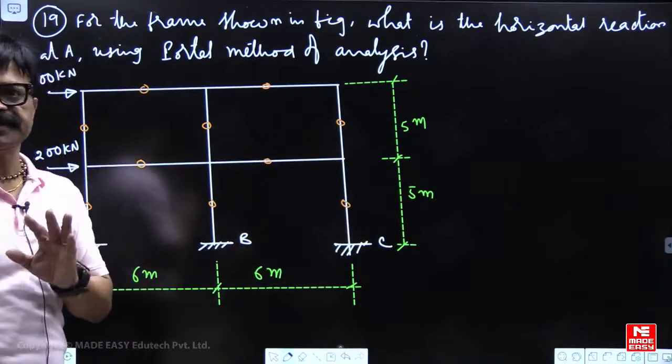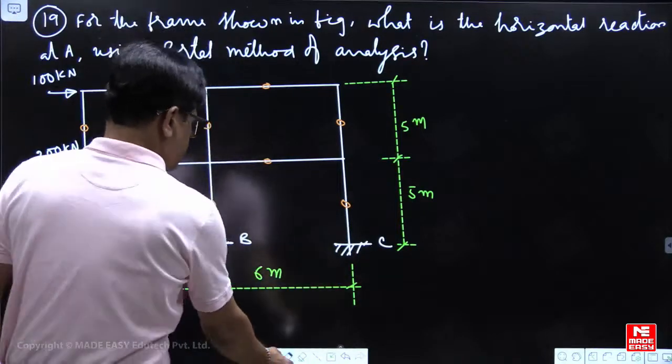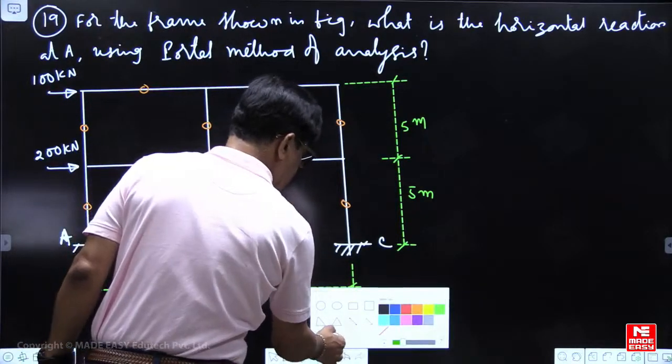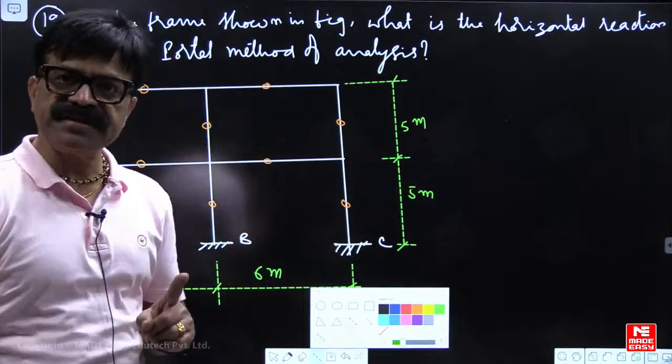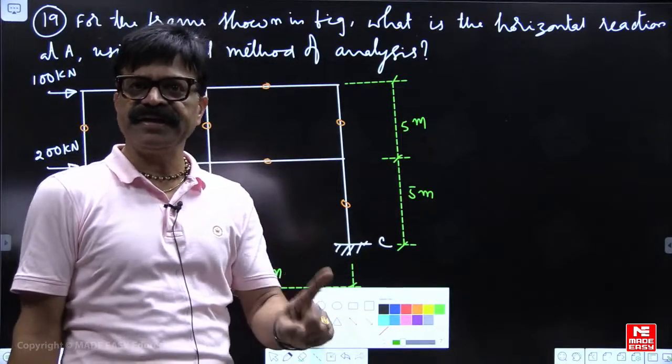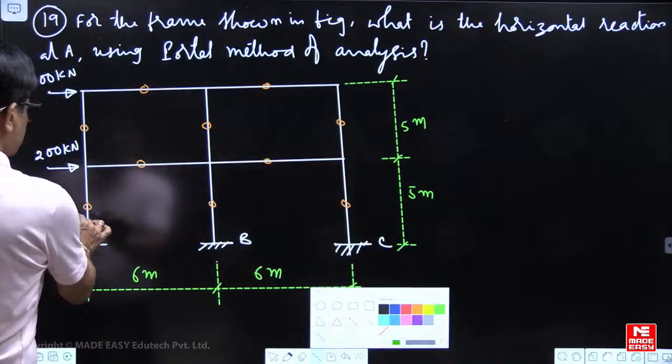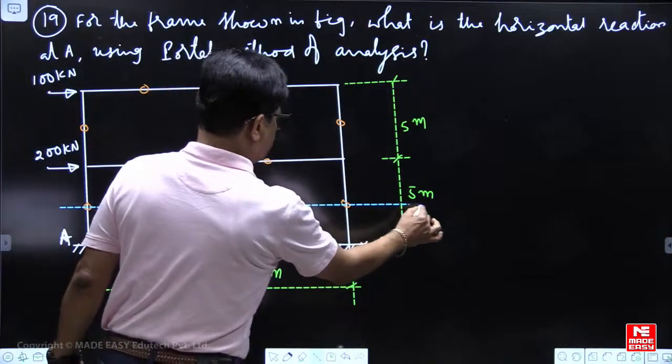This is the first assumption. Second assumption, horizontal shear is assumed to be divided among all columns such that each interior column will take twice that of exterior columns. So if I take it like this,